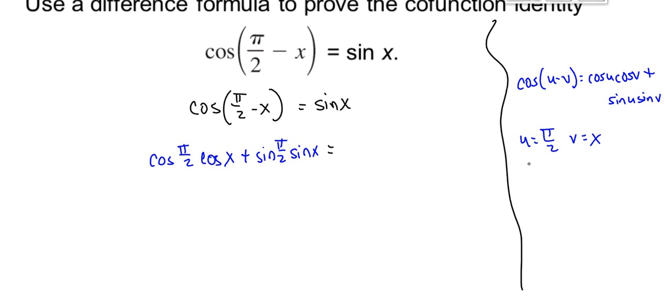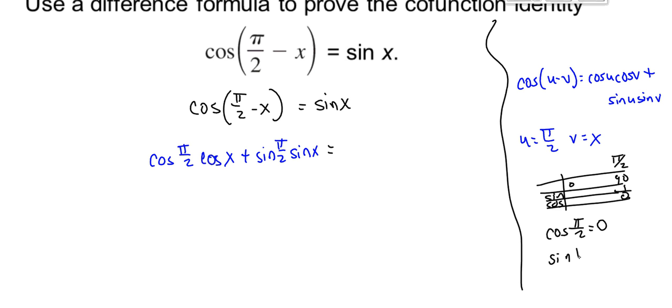Just a little reminder, if I do my table, sine is here, cosine is here, 0 to 90, and pi over 2 is 90. So sine is 1, cosine is 0. And so cosine of pi over 2 is 0, sine of pi over 2 is 1, and then I'll just